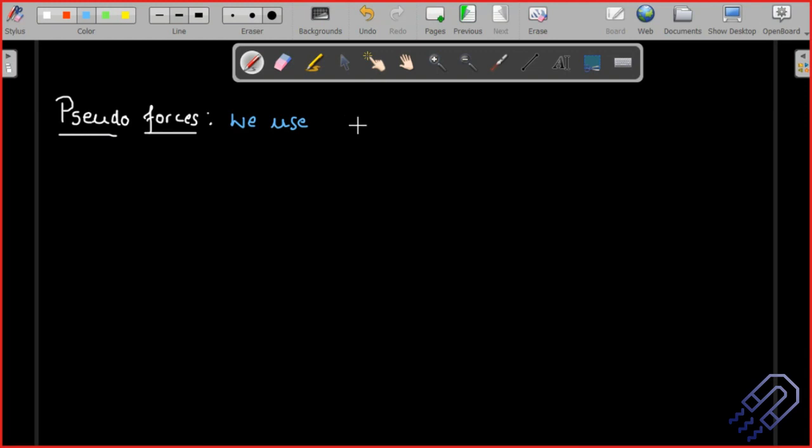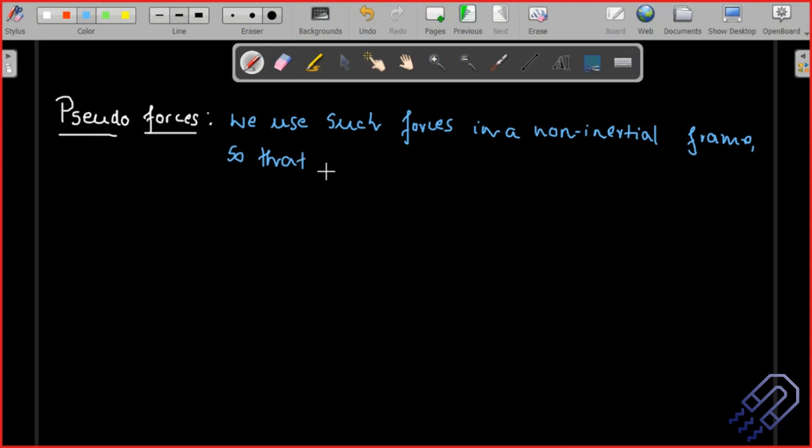Okay, so we use such forces, that is the pseudo force, such forces in a non-inertial frame. Okay, why do we use that? So that we can use,